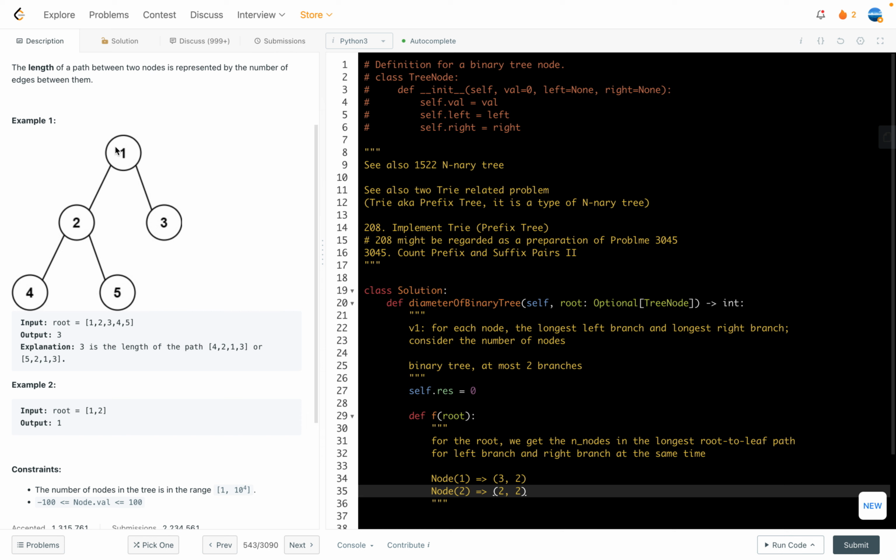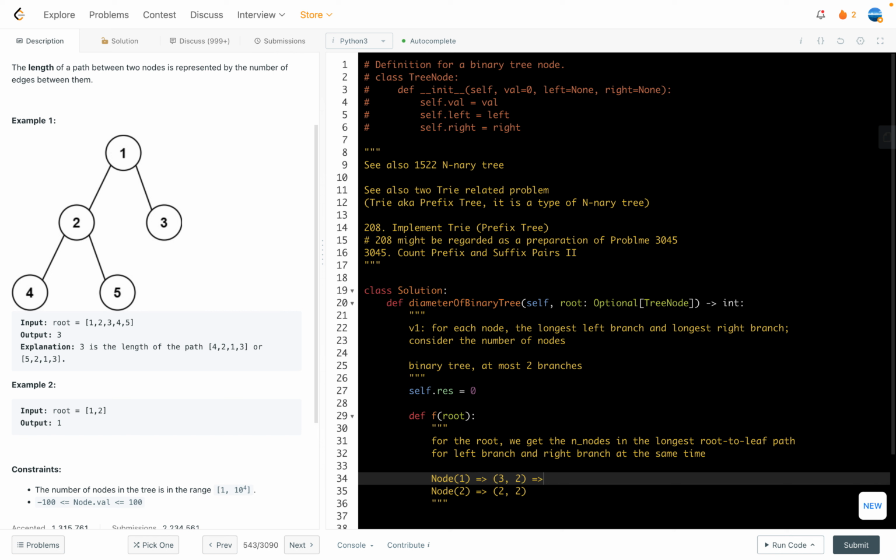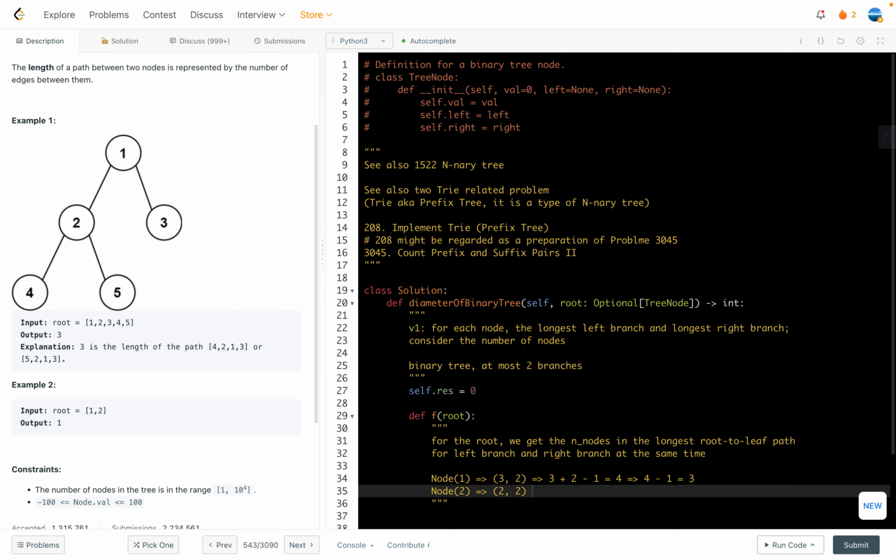But you know, the longest path passing through 1 will be what? Will be 3 plus 1 plus 2 minus 1. That is 4, so 4 nodes. But this root corresponding to the longest length or the diameter, that is 3, right? 3 is 4 minus 1. That is 3. So similarly, you can see the longest path passing through this root,